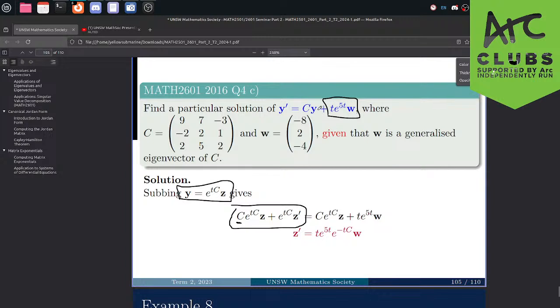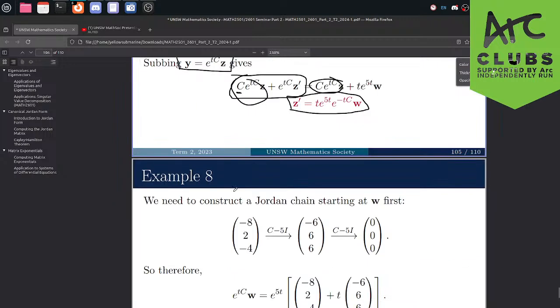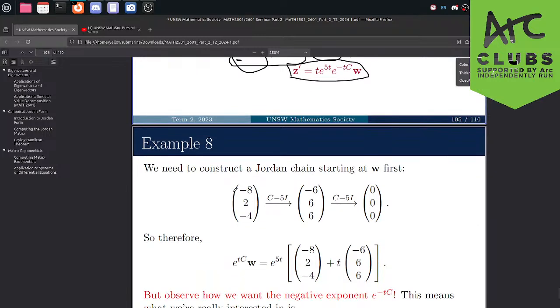Notice that y equals c e to the tc. So these two terms here cancel out. And then you get this e^tc times z prime equals the inhomogeneous part. So if you divide both sides by e^tc, you get z prime equals this thing. So this gives you an expression for z prime, and you can integrate to find z. And this is pretty nice to do.